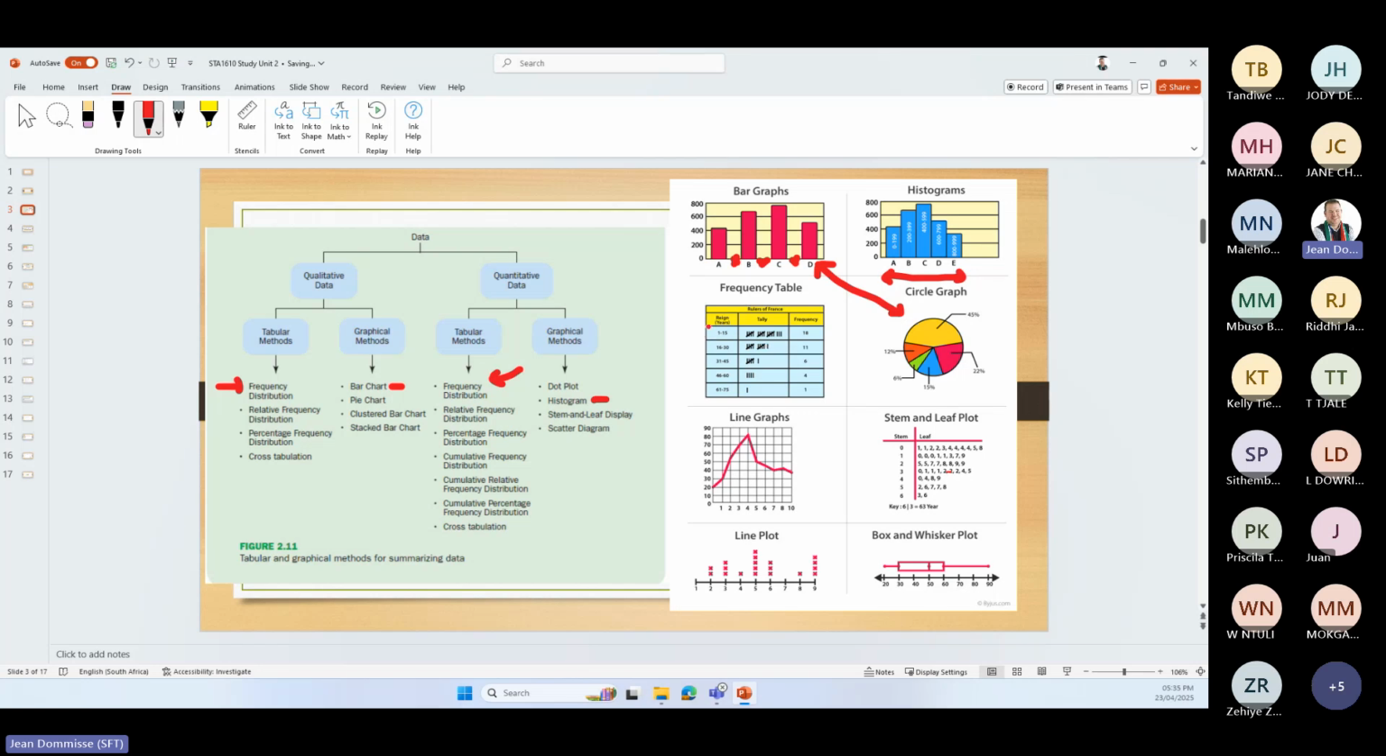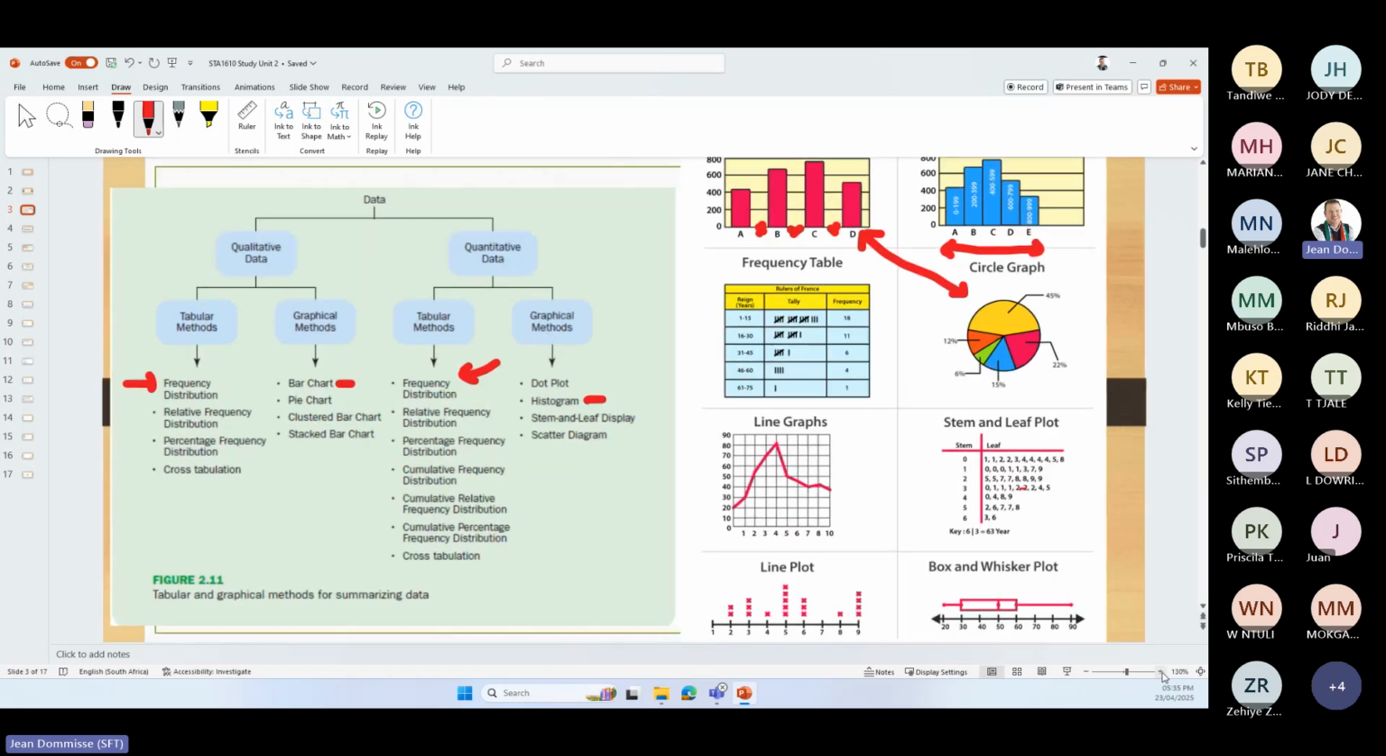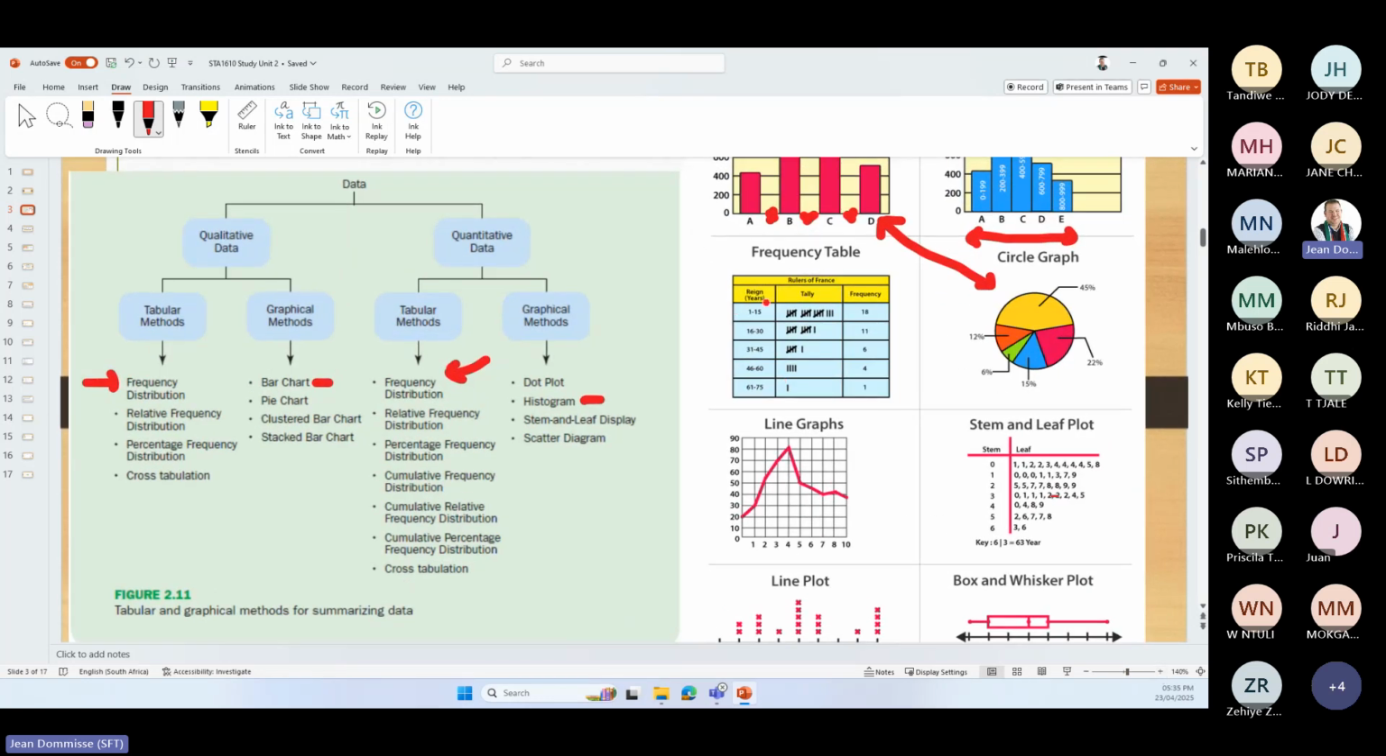But if it is something, and let's see if I can make this a bit bigger. So here you can see it's something in years. So years will have some kind of quantity linked to it. So this will be more around the quantitative, and why it's important to always look at the categories that it is divided into,